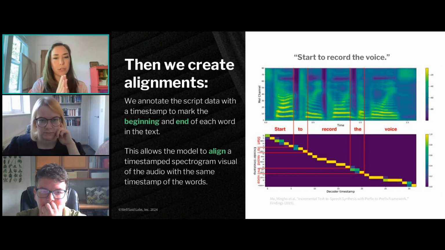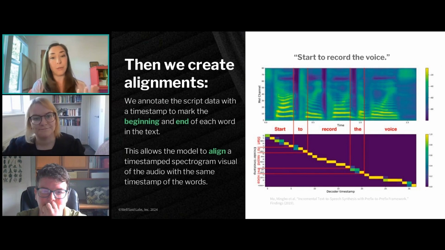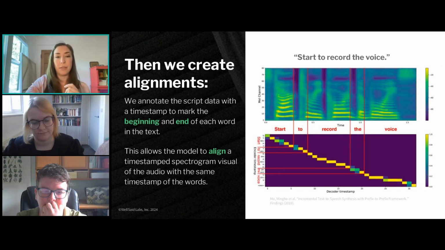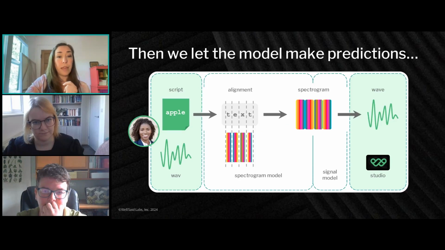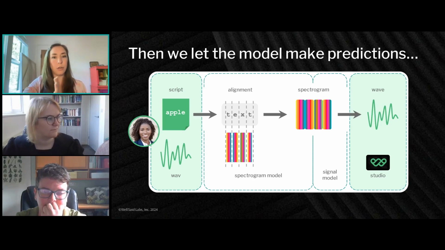And if we can actually draw that connection, now the model understands that if I see these various frequencies lasting this amount of time and overlapping together in this way, that's going to always sound like an S sound, right, in the audio. So that's how we align the text and the speech together. From there, there's our little voice actor who gave us a script and audio. There's the alignments getting built so we can understand exactly how these sounds line up to the audio files.